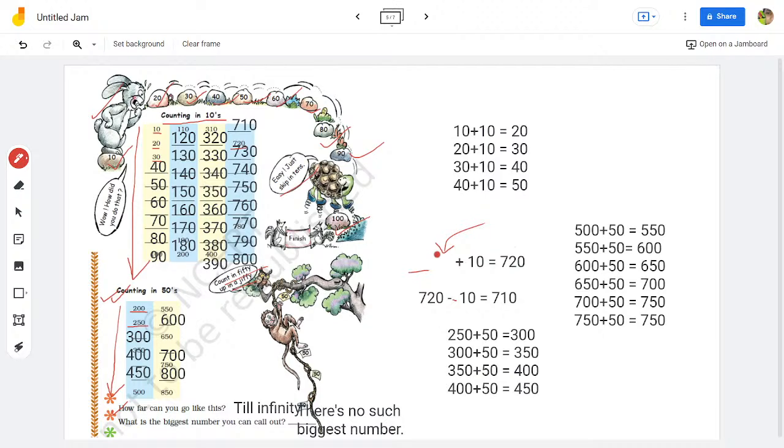Okay, so this was all about the fun with numbers chapter that we have done. We would continue with this one in the next session,